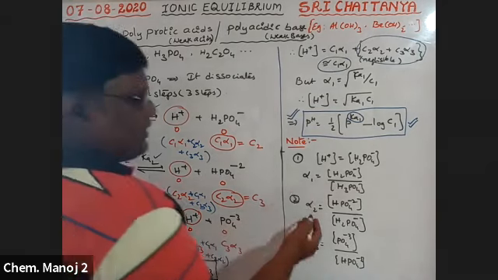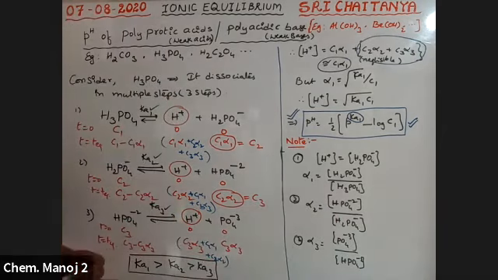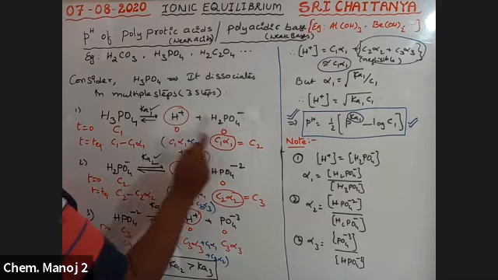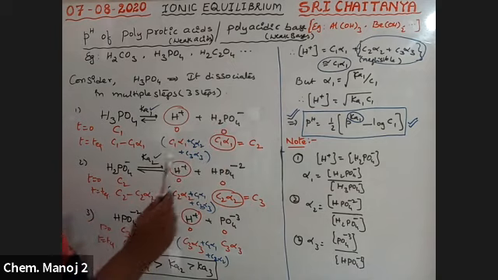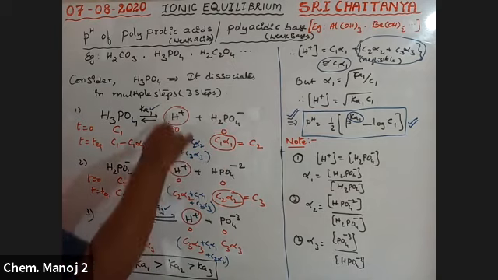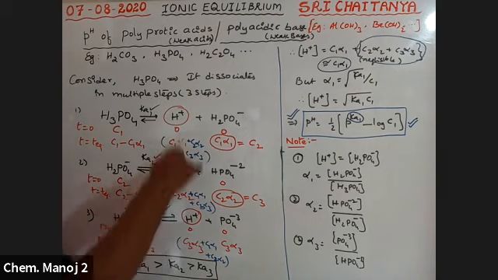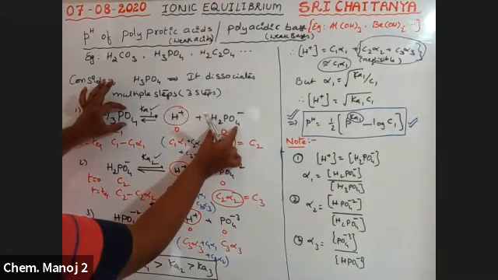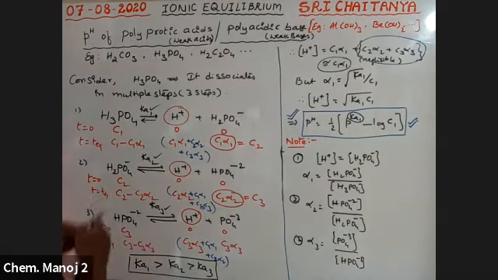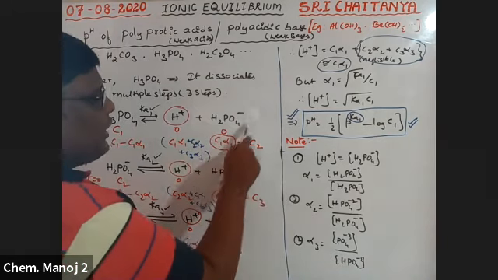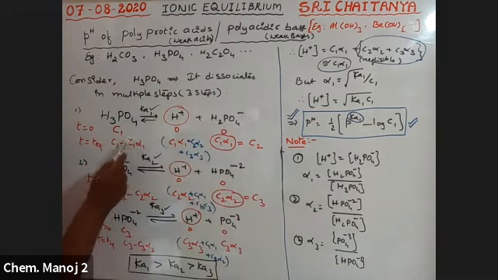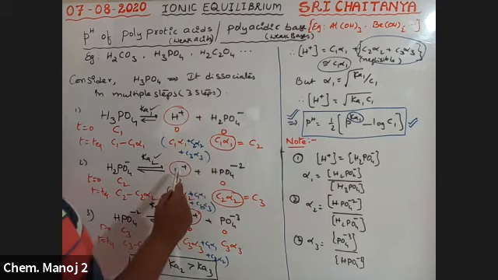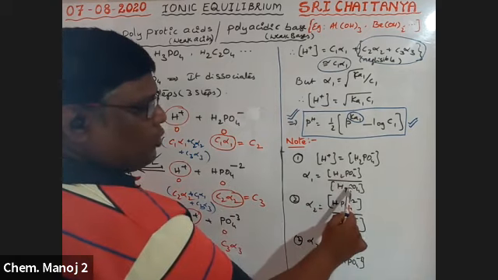That is the alpha value in the first, second, and third cases. So see boys, here in the first step, H+ ion concentration is equal to H2PO4 minus ion concentration. But this H+ ion concentration we consider as the sum of all these concentrations. Therefore, alpha is equal to this concentration by this concentration. So how much is dissociated? C1 alpha 1 is dissociated, by total C1.